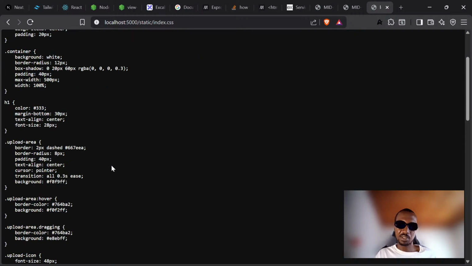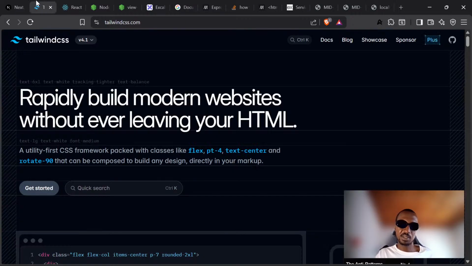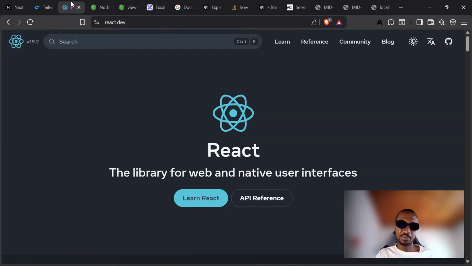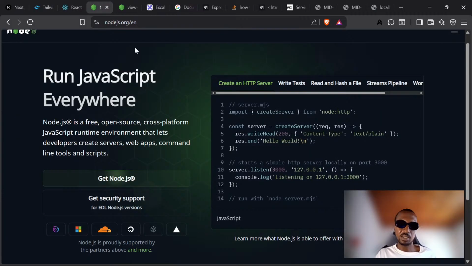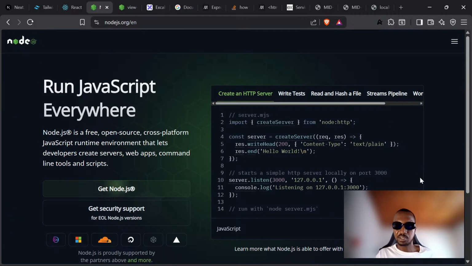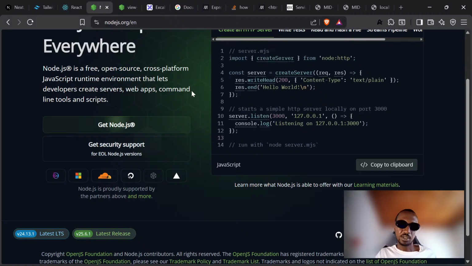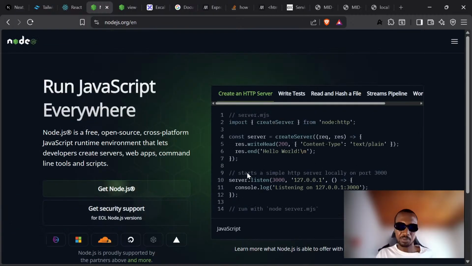This is a very different type of CSS. And then there's React, which is a front-end library. And then there's Node.js. This is a different kind of library or environment that lets you create servers, web apps, and command line tools and scripts. So we have been using this specifically. We have been using its library called Express,